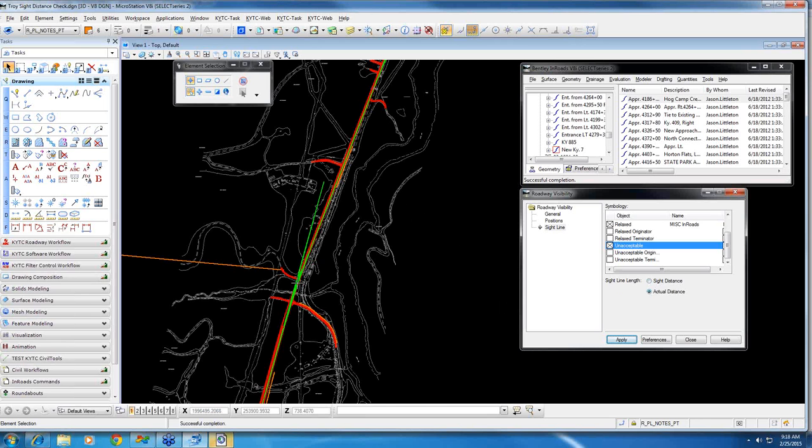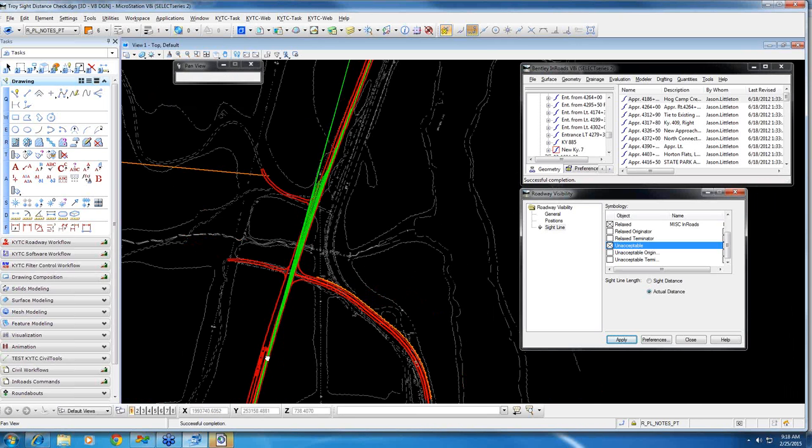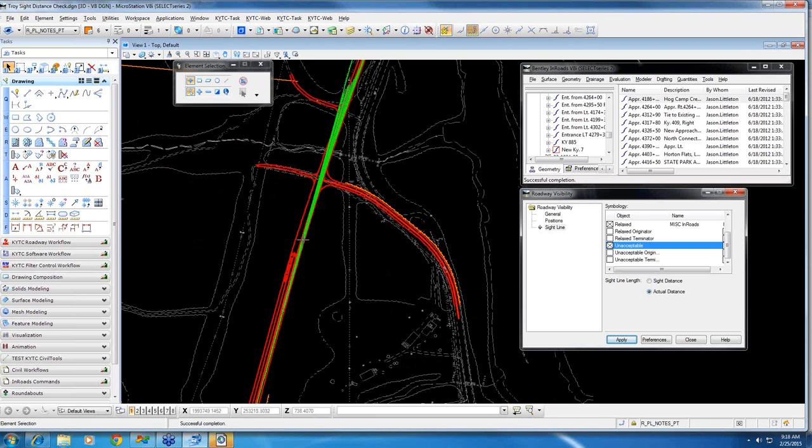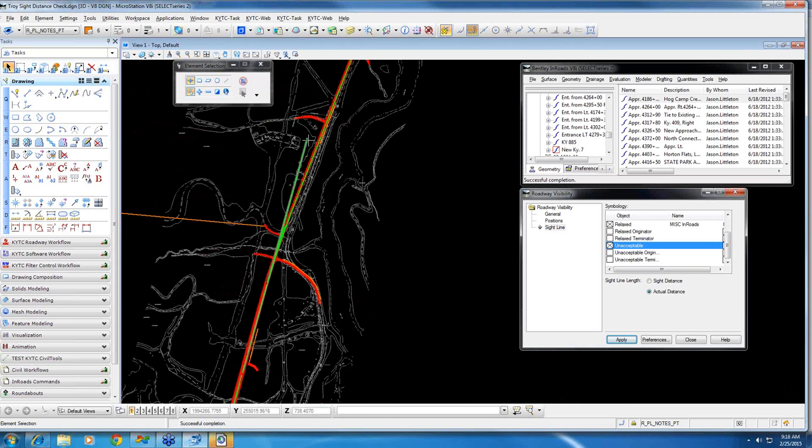And so what it's going to do is, instead of stopping the line wherever it meets the 495 foot that you've prescribed, it's just going to shoot it off the same direction until it hits the edge of the surface. So I suppose if you wanted to know whether or not you could see over a fill or something, you could turn that on. I'm not really sure that that would be that useful. I don't use it, but